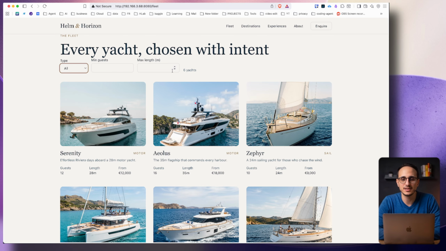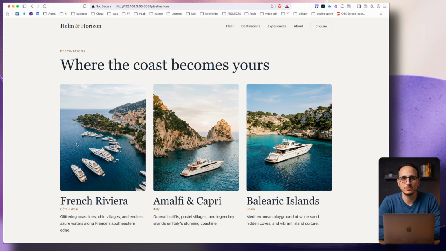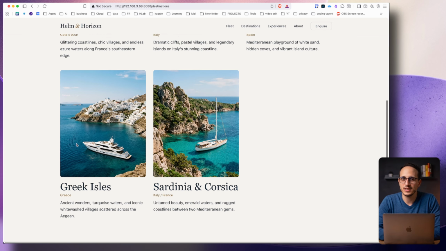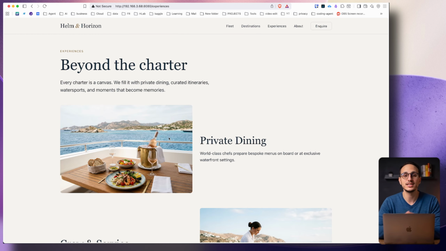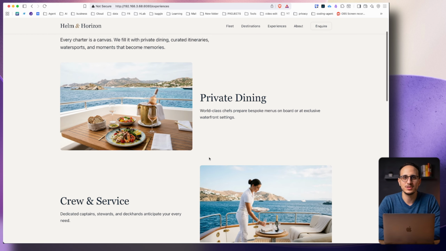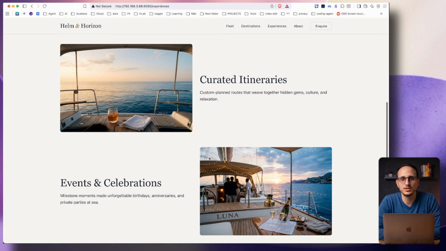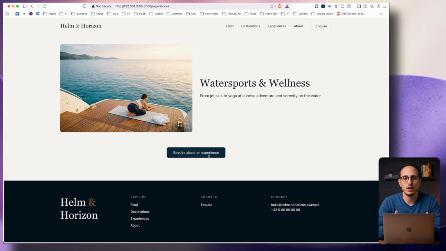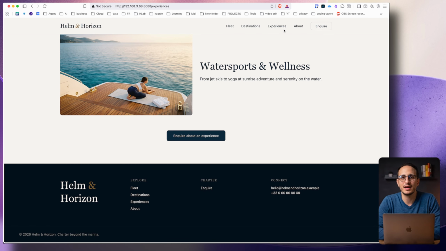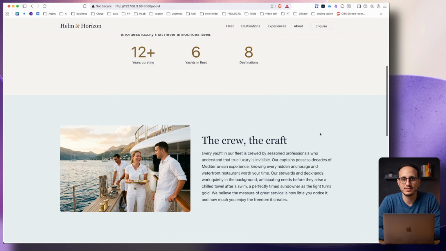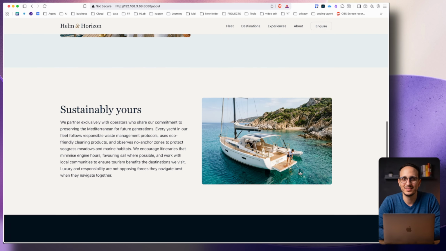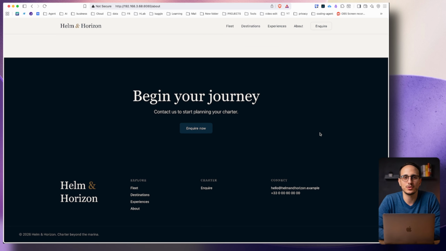And this is the part that actually matters for a business like this. That's the whole booking funnel working end to end. Browse the feed, filter down to what you want, check out the details, then actually inquire. That's the kind of detail that makes a demo actually convincing. A full path from browsing to booking, built entirely by an AI agent working off the plan and assets we set up earlier. This is a real working flow, the kind you'd hand off to an actual client and trust